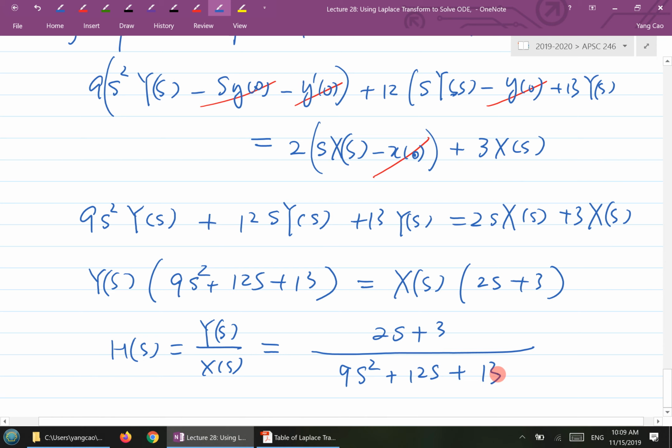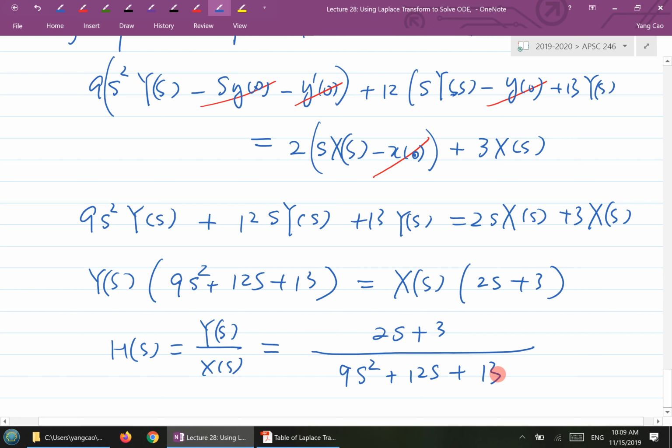So you get the transfer function of the system here. Is that clear? So just always remember,